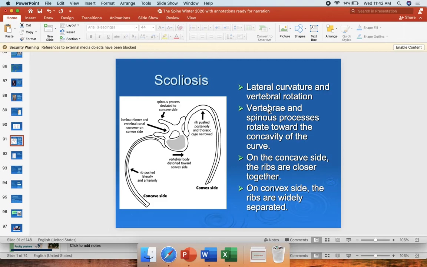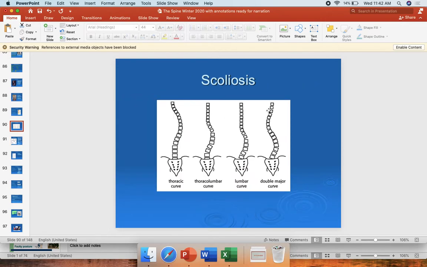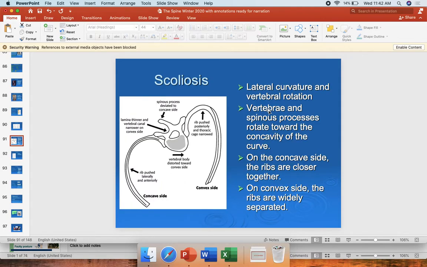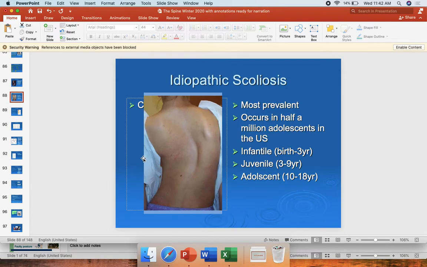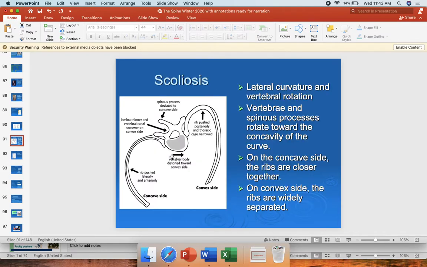So another consideration to take into account, I know, for example, we were just looking at the vertebrae here, but just realize if you have a curve up in the thoracic vertebrae, you're also going to impact your ribs, right? So we're going to develop a concave side and a convex side. The spinous process is going to deviate to that concave side. So we'll come back up here and look. So we're going to have a concave side and a convex side. That's what we're kind of looking at here. So you're going to have that develop in the ribs as well. You can see here that on the convex side, those ribs, if you think three-dimensionally, those ribs are going to be closer together on this